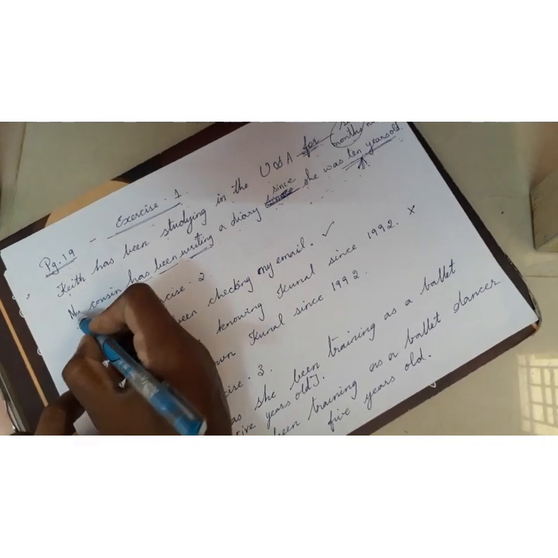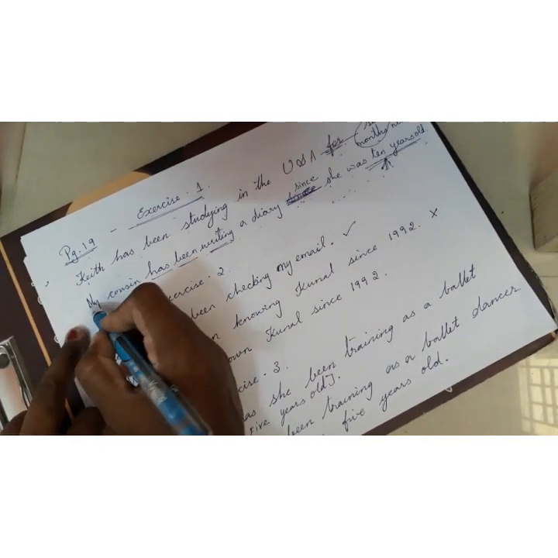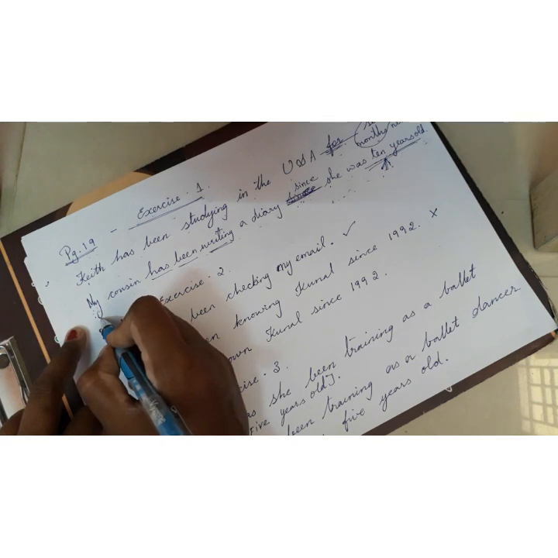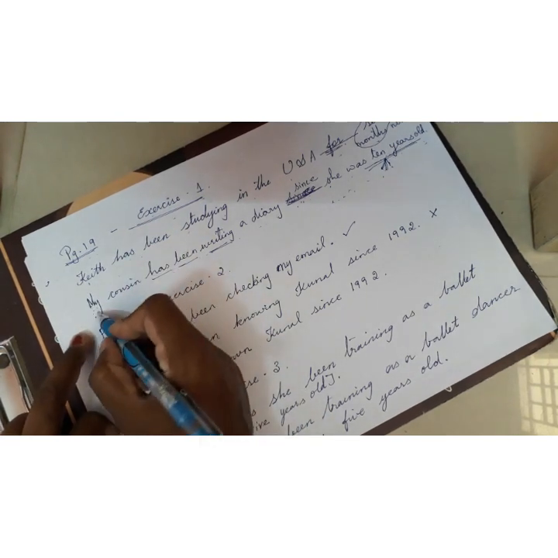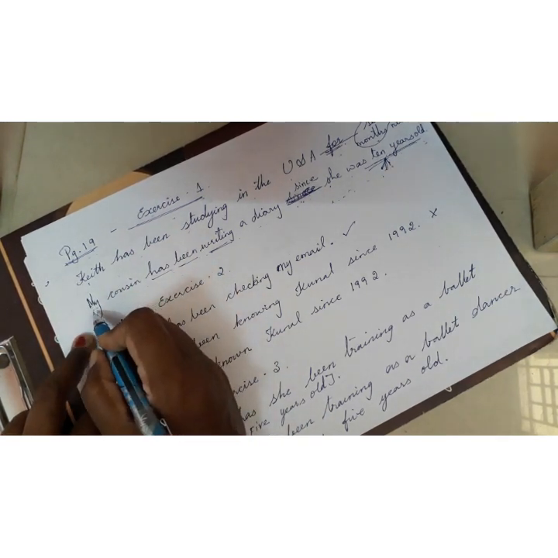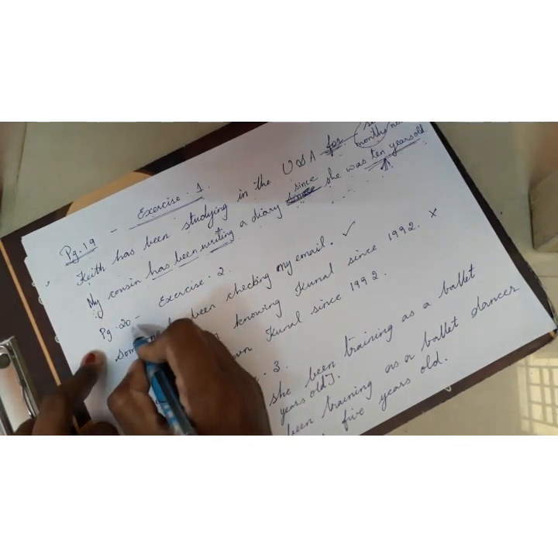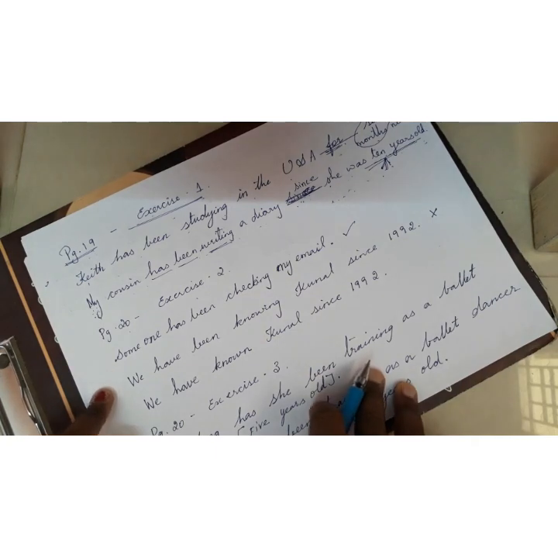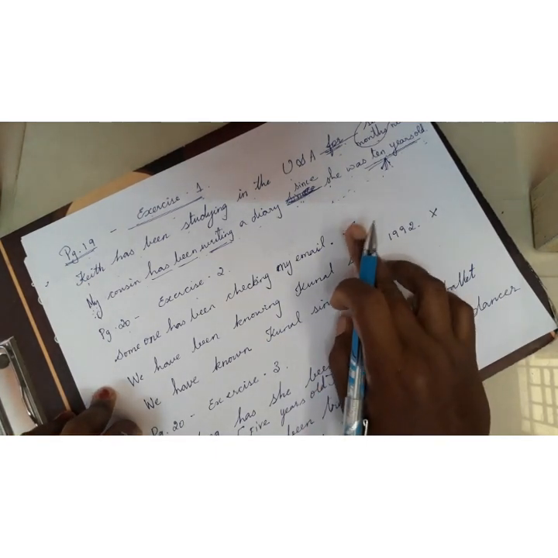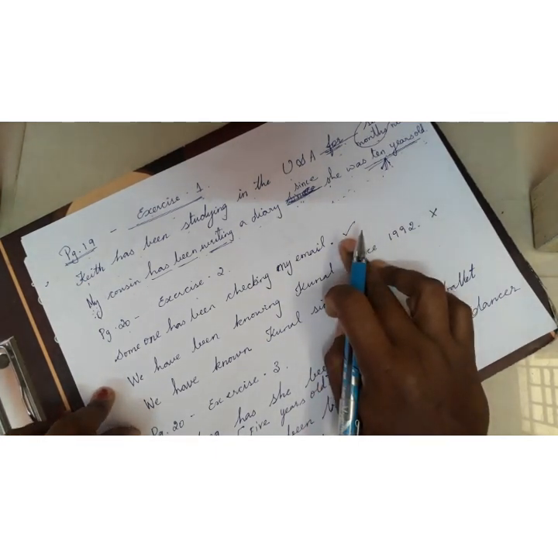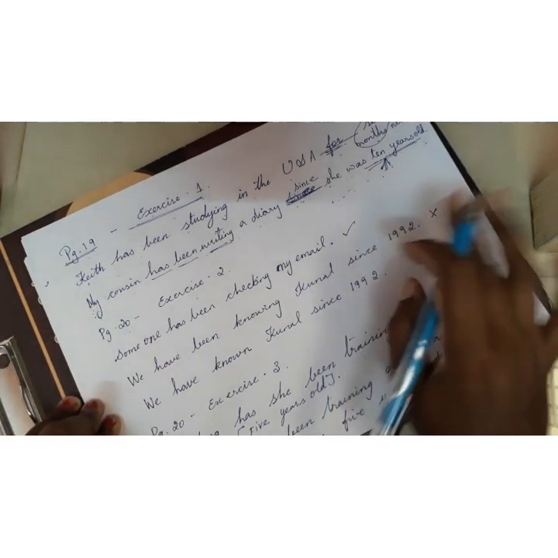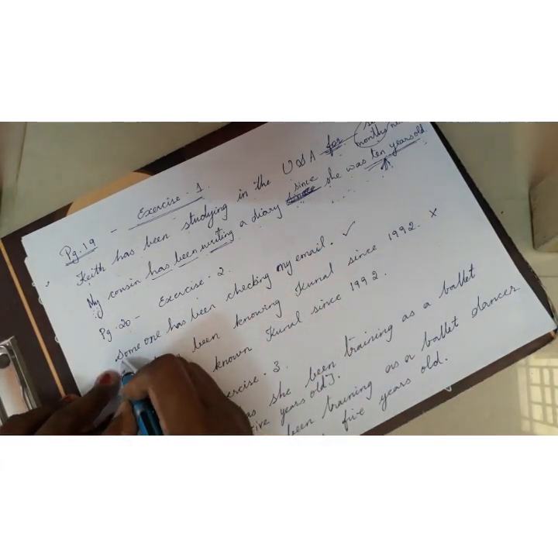So this is how you have to read very carefully and do other exercises also. Alright, other examples, other questions also. And now this is page number 20, exercise number 2. Now see, you have to tick if it is a right answer. Suppose if you feel it is wrong, you have to rewrite and show. Okay, see now the first one.